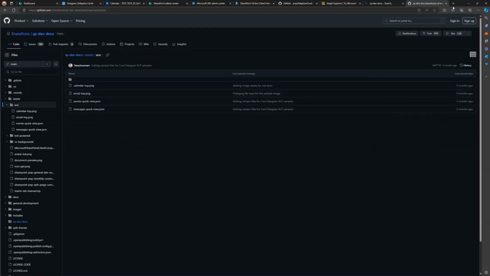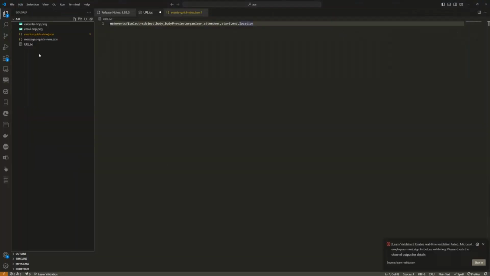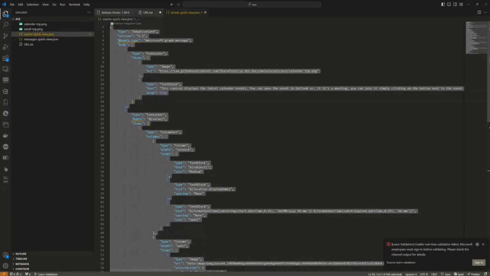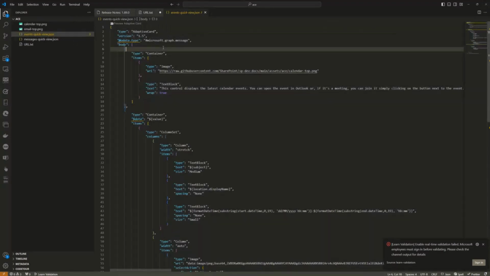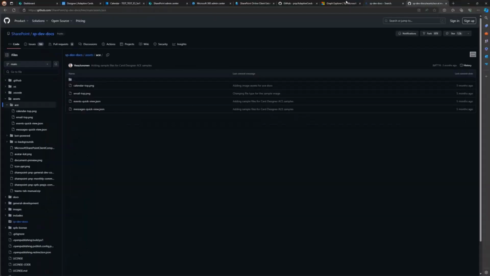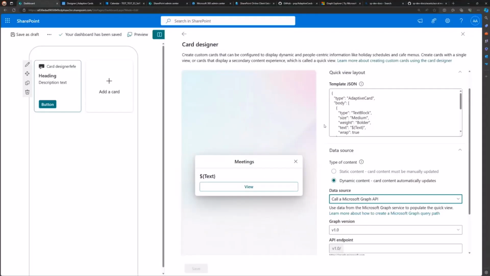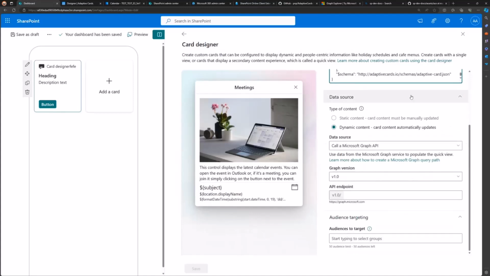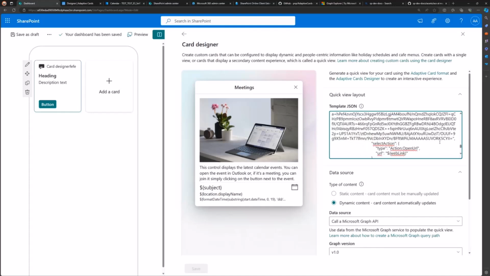So now in my case, I'm going to go to Visual Studio Code. I'm going to take the events quick view JSON. I'm going to copy that one. It's version 1.5 of the adaptive card. Somebody was asking that in the chat. And thank you, Alex, for answering that. Then I lost again my screen. The screen is somewhere. It's in here. Here we go. And I will paste in the template JSON, and it will render me the high-level view on how it will look. And we can actually see that we have a repeater here